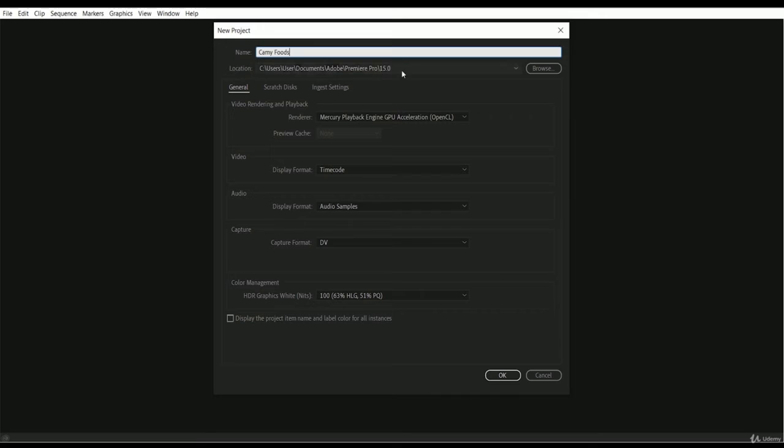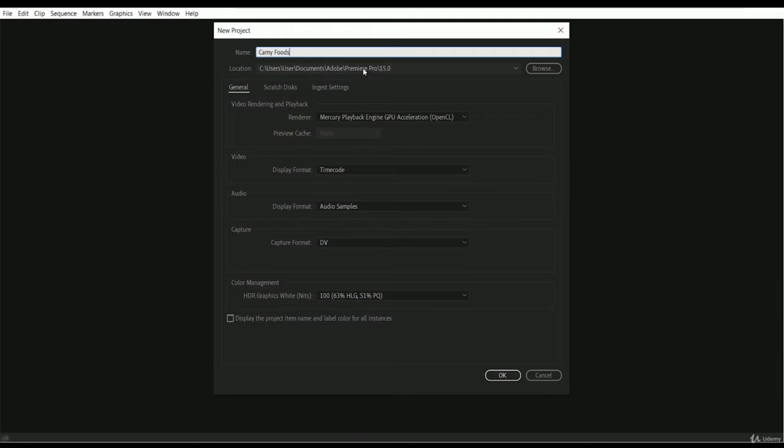So you have to select the location where your project will be saved. You can take a look right now. My project will be saved under My Documents. If you want to save your project in My Documents, you can keep the root for My Documents. If you want to save your project inside the C drive or D drive or E drive, you can change